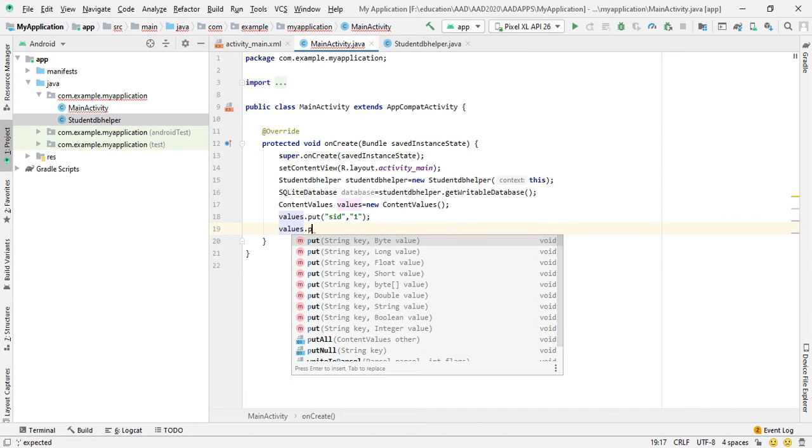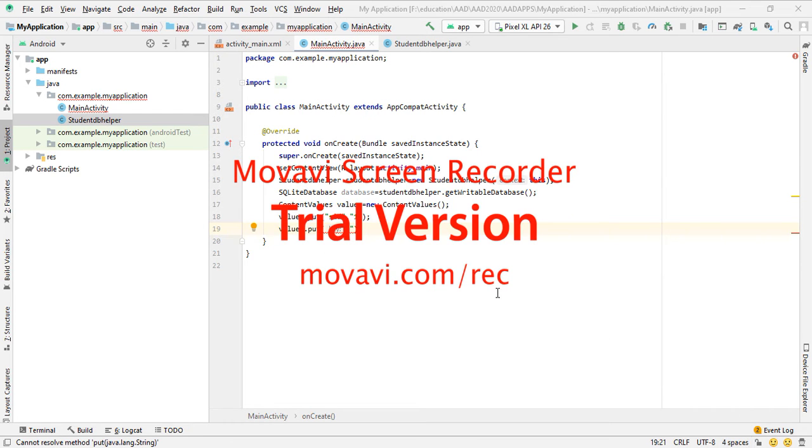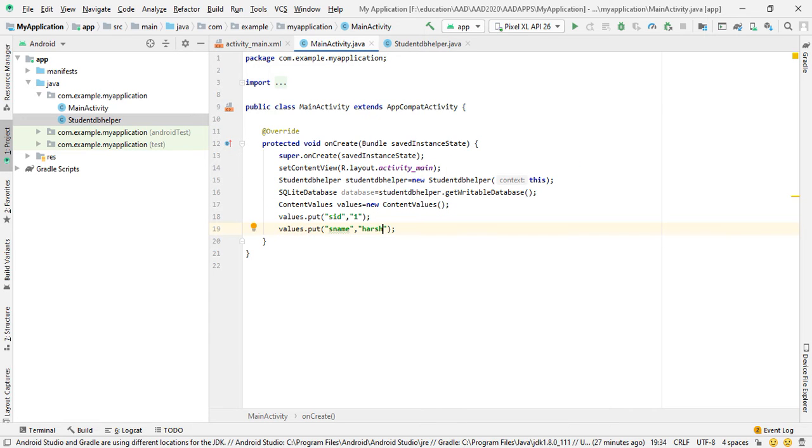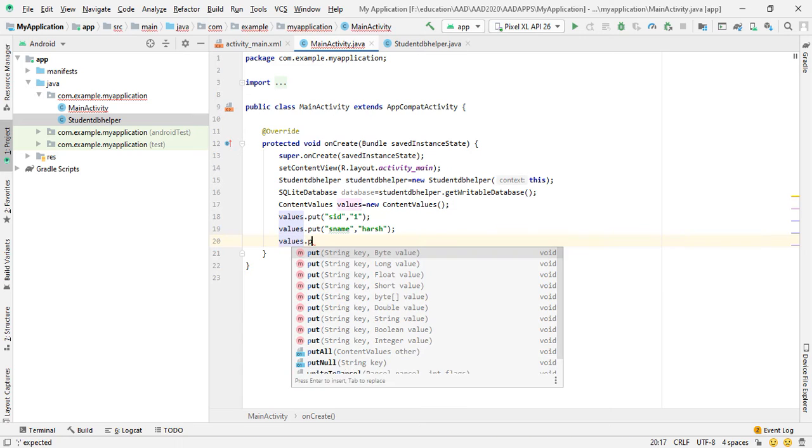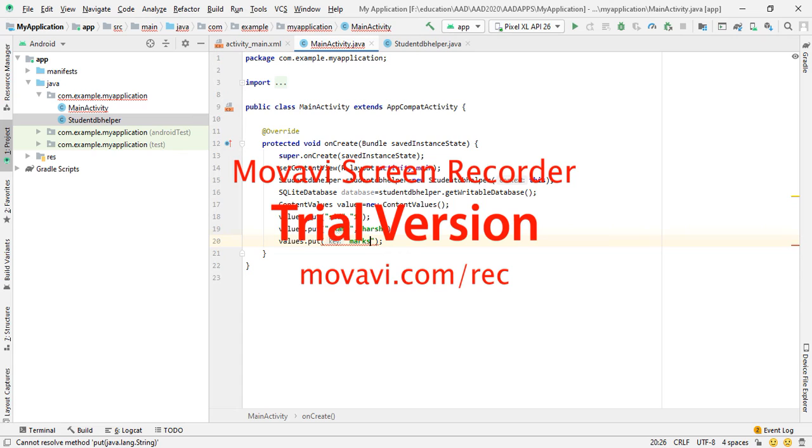Values dot put, second column as name and the value, suppose Harsh, name of the student, and values dot put, the value is 50. We take text, so put it in double quotes.